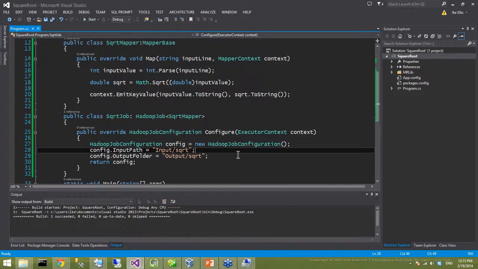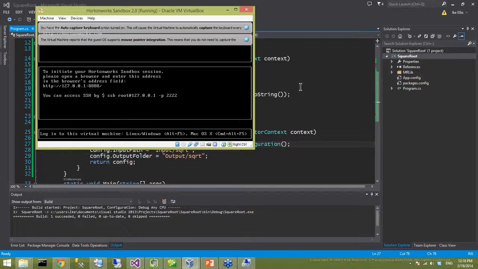And that output would be formatted with a key value pair that you're adding to the context in the map function, right? You mean line 20? Yeah, exactly. The integer and then the actual square root is the key value. That's what the output would look like. Cool. And that runs on that local copy of HD Insight, is what you're saying? Yeah. If I wanted to do this in Java, I could just call my Hortonworks sandbox and do something similar in Java using the references he talks about in the book.